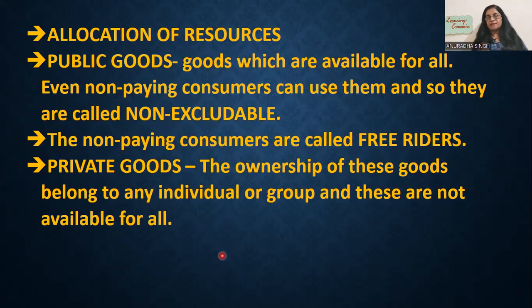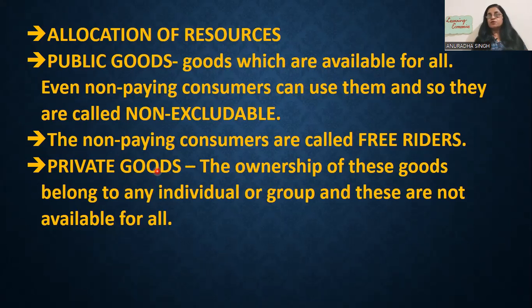In certain contexts, they are not excluded. Like very small children traveling by train, for them buying a ticket is not necessary. Like children below the age of 4, the parents don't need to buy their tickets. But they are using the services, so they are non-excludable.